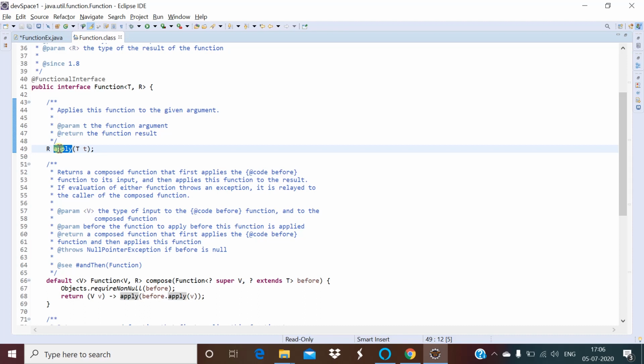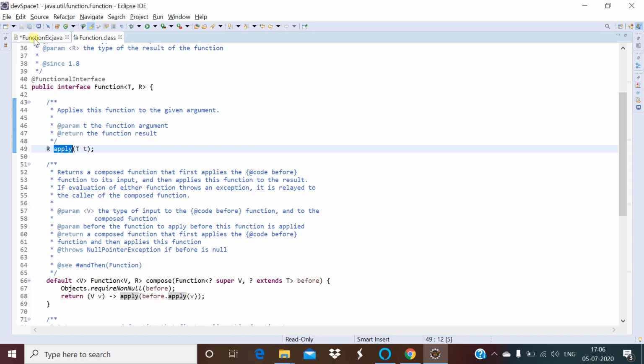So in what scenario will you use Function? As I said, you can use Predicate when you have one input parameter and the scenario always returns some boolean value. So for a boolean-valued function you can use Predicate. But in Function we use one input type and then we return something. So in this case we can use Function.